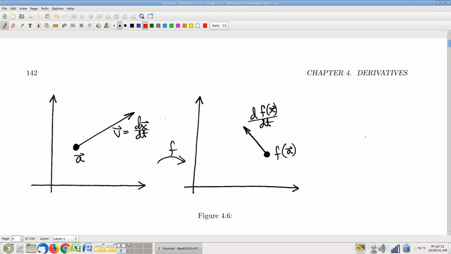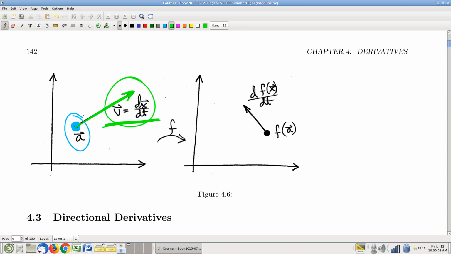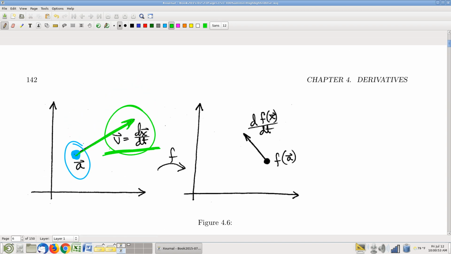So here's the question I would like to consider. Suppose I'm at this point, some point in the domain, let's call it A, whatever. Suppose I'm moving with some velocity in that domain. Let's call it V. Don't forget now, by the way, when you're moving around, velocity is the derivative of the position function. We just talked about that. Okay. In this scenario, where in the domain, I'm at the point A and moving with velocity V, what I want to know is,